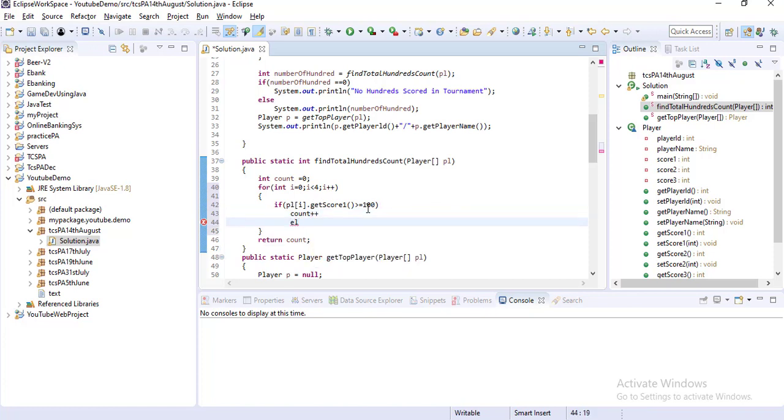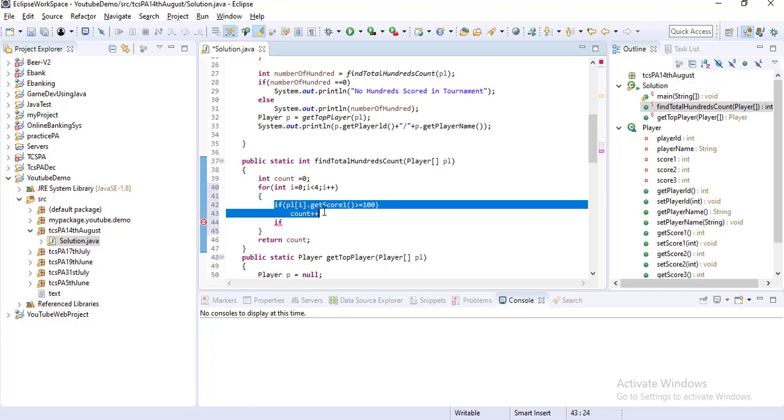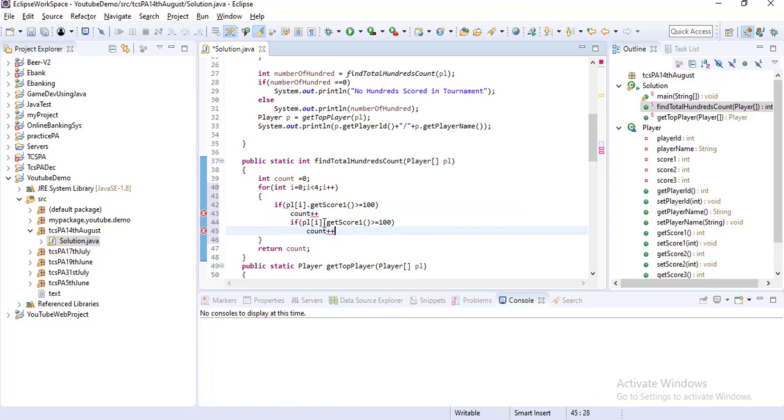Simply you can do only an if statement, and similarly check the same thing for score 2. If score 2 is greater than or equal to 100, then just increment the count value, and similarly for score 3 also.